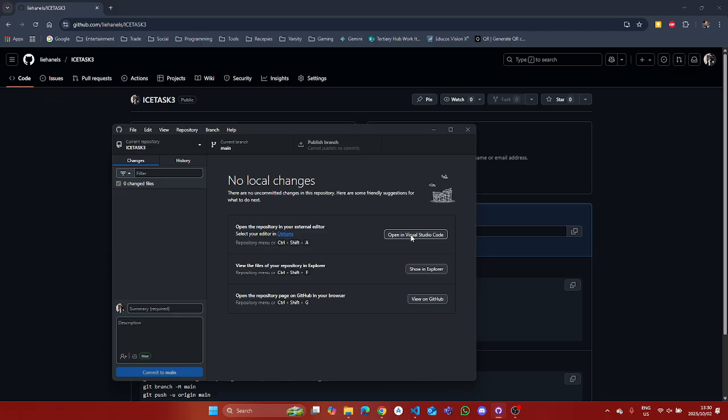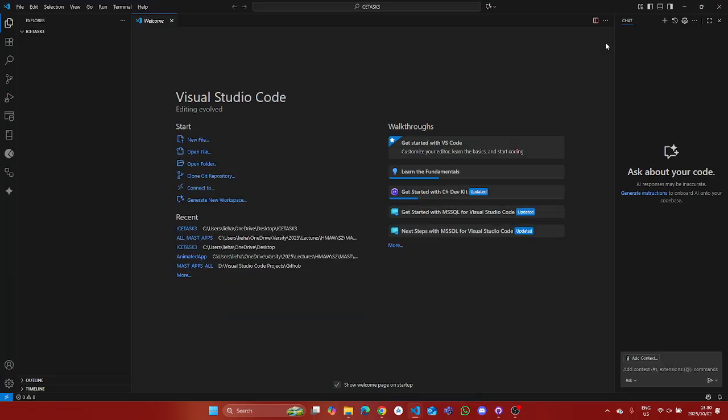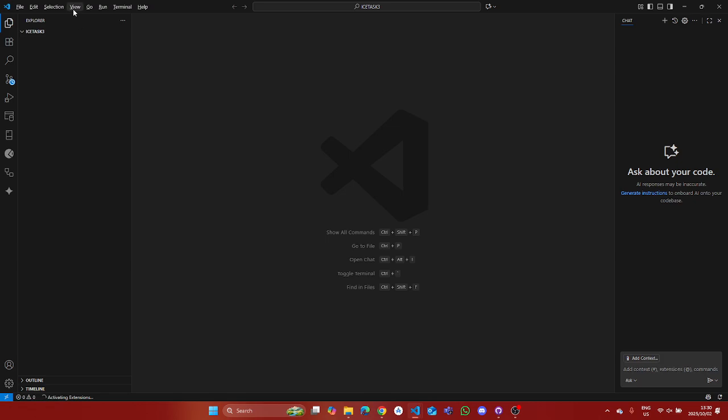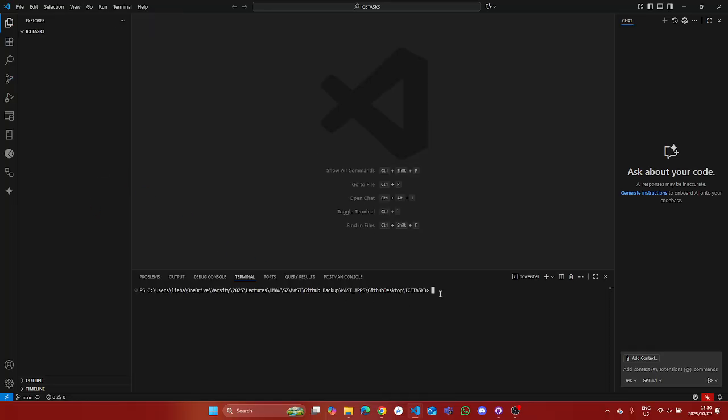So there's two ways from here on that you get to work on your project. The first one is if you haven't created your project yet, okay? This is now if you were given a submission link and you're starting your project, you click on Open in Visual Studio Code. This will open up the empty project. And this is where we will go to our view, we open up terminal,